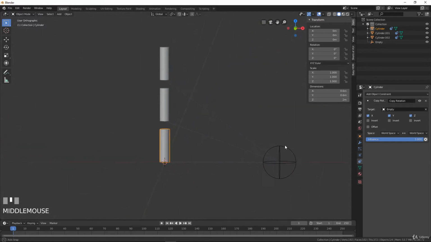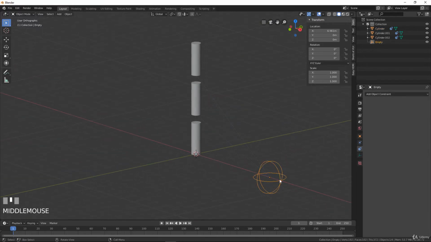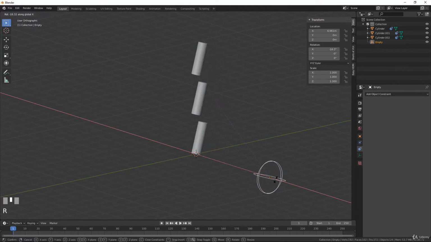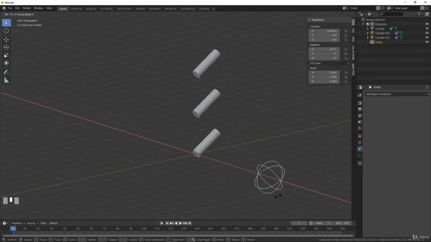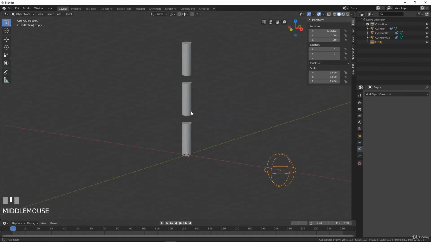Yeah, I have everything. And now if I make RX into my object, I have a kind of movement like that. So not really interesting, not really a finger movement. Okay, it's a little crazy for now. What I can do